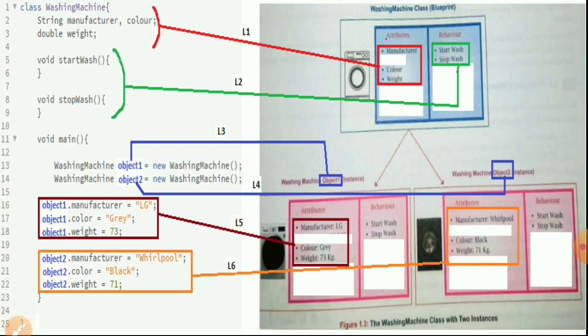Remember that an object has a state. The state will be given like this: the object name, that is object1 or object2, then the dot operator, and then the instance variable name.